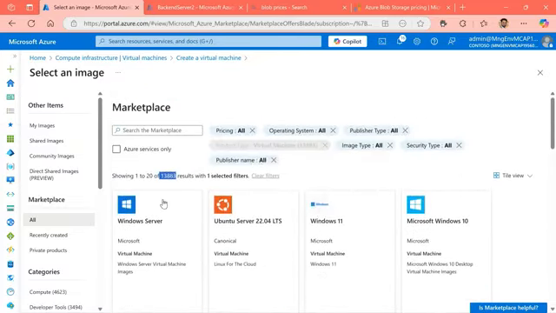Now, if you find one, by all means, please pick and choose and work with it. If you don't find one, by all means, you can bring in your own image at this stage. Now, I won't perform that as part of this demo today. However, once you have an image, for instance, on-prem, you have a server running with all the settings and details going onto them,